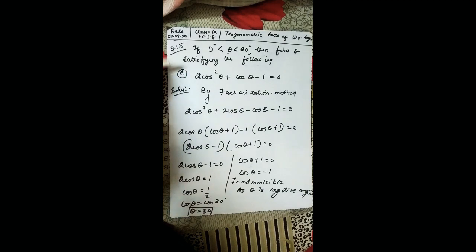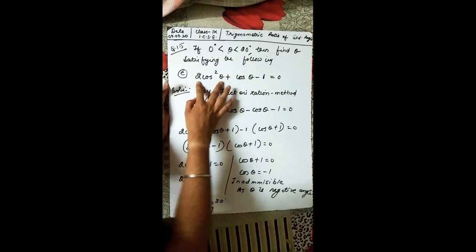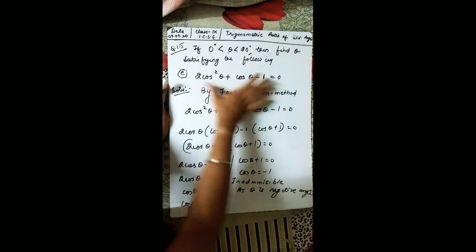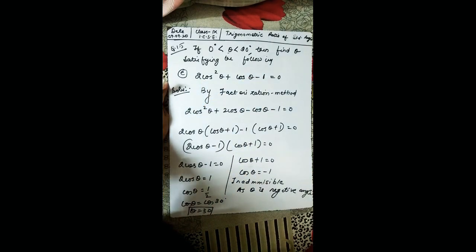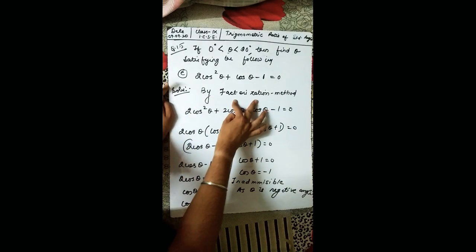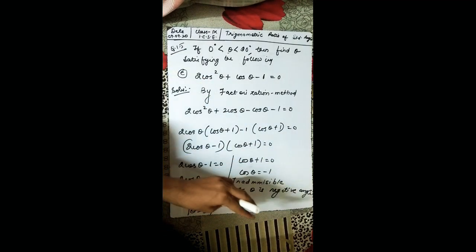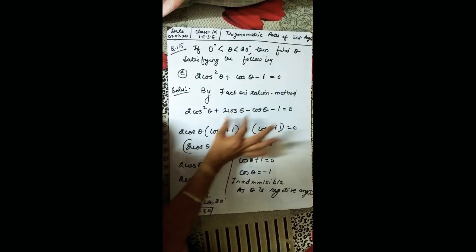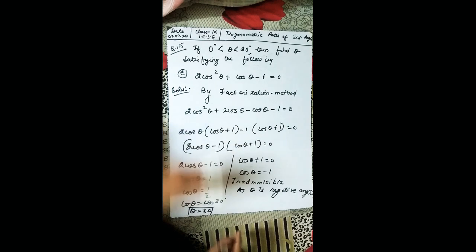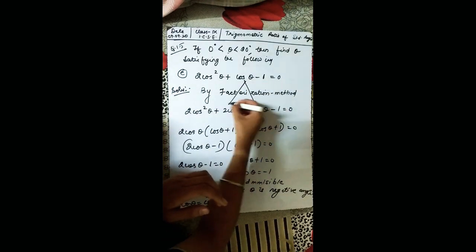Okay, let us do the E question which says 2 cos square theta plus cos theta minus 1 equal to 0. If you see this equation, this is somewhat looking like a quadratic equation, or we can say this is somewhat looking like the questions which we have done in the factorization chapter of degree 2. Okay, so by factorization method, we are trying to split the middle term in two parts. How? By using that A into C, then finding the factors of it. So directly I'm writing this cos theta as 2 cos theta minus cos theta. So 2 cos theta minus cos theta, you will get cos theta only. So that is what I'm dividing in these 2 forms.